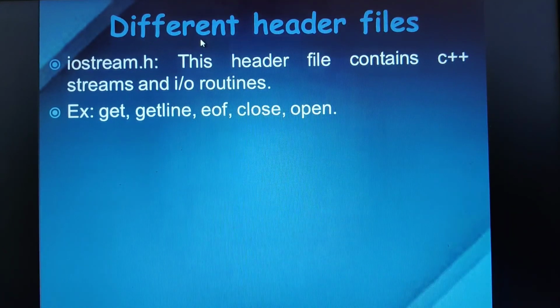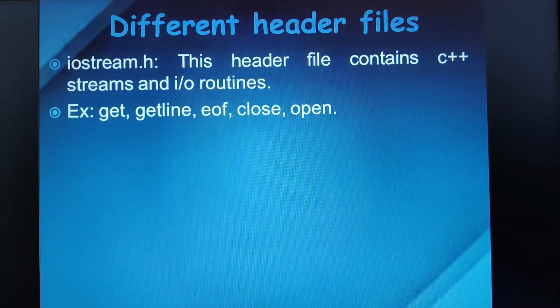Apart from that, we also have different kinds of functions that belong to iostream. The first one is the get function, which is used if you want to read any character. Then we have getline, which allows you to read a string or a line from an input stream.